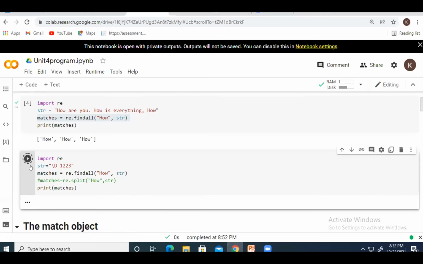Okay, so you have to see here, nothing will be there in the output.